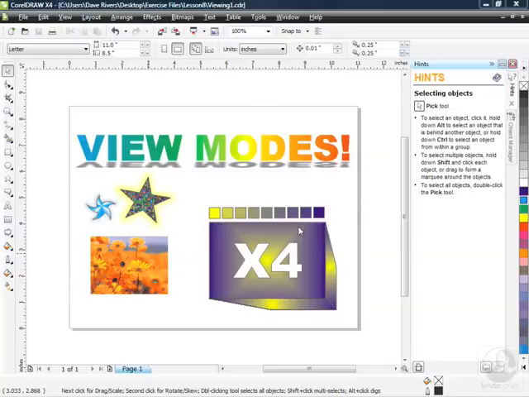This next chapter is all about viewing your work in CorelDRAW X4. There are a number of different view modes that come in handy. We'll explore those first, and then we'll move on to preview modes to preview your work before you send it to a printer or a print shop. We'll also use the View Manager, look at the Zoom tool, and then we'll do some finding and replacing, both